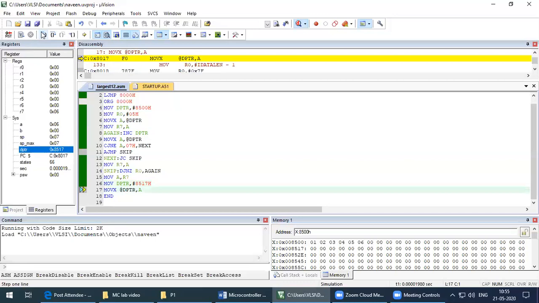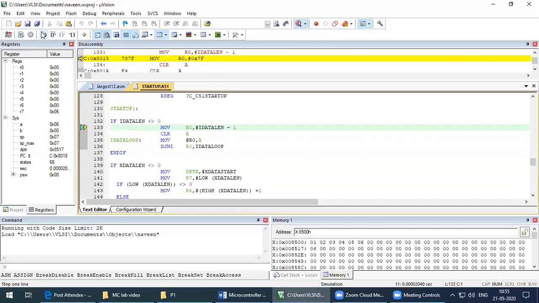You can see that the largest number is in 8517 as well as in the R7 register. 8517 has 06, that is the largest number, and it is also there in the R7 register. So this is the way we can find the largest number. This is the logic behind finding the largest number.